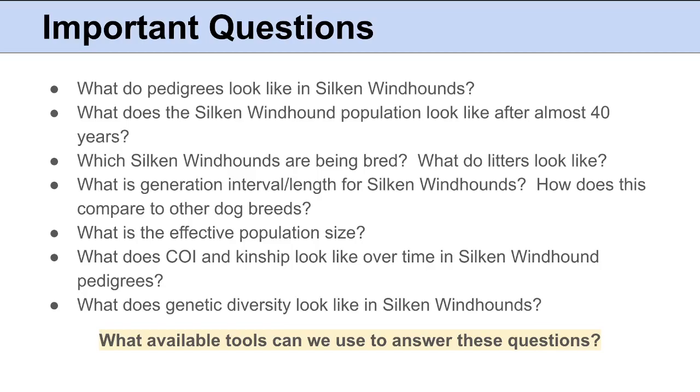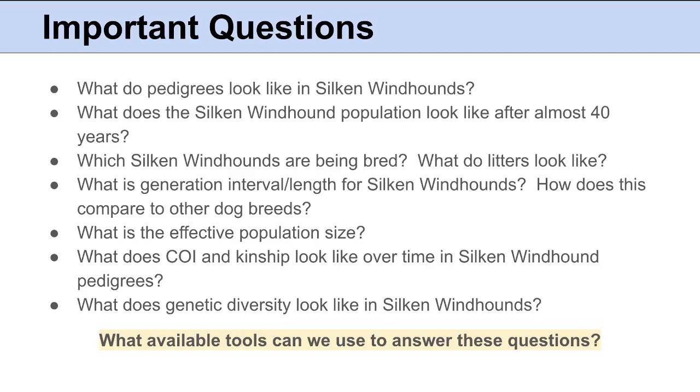What about COI and kinship? What does that look like over time in Silken Windhounds? And what about genetic diversity? We have genetic diversity projects, and it would be great to see if they are having a positive impact on the breed. But the most important question of all of these right now was, what available tools can we use to answer these questions? Because there are a lot of tools out there, and the ones that I used are